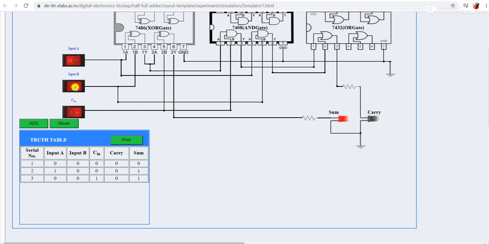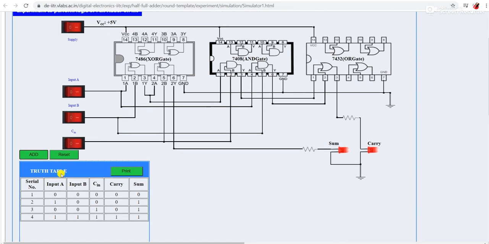We have already covered the theory portion. You have already read all these things regarding full adder in your theory portion. For 1 1 1, your carry is 1 and your sum is 1, so both LEDs are glowing, and we cannot differentiate which one is sum and which one is carry. We can only differentiate with the help of the second and third options, where only a single input is 1. So this is all about the working simulation of full adder with the help of these basic gates.